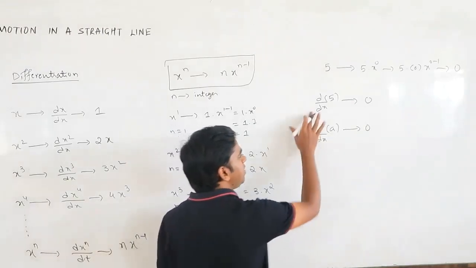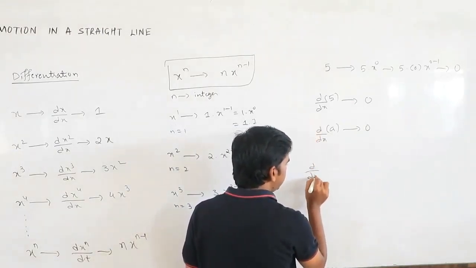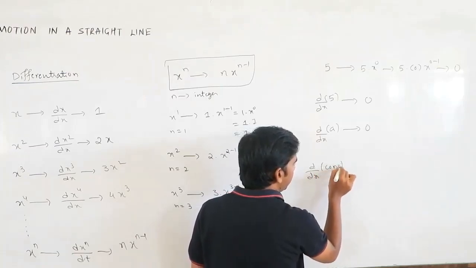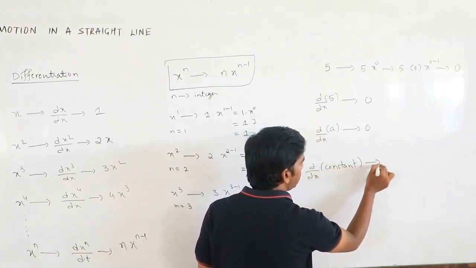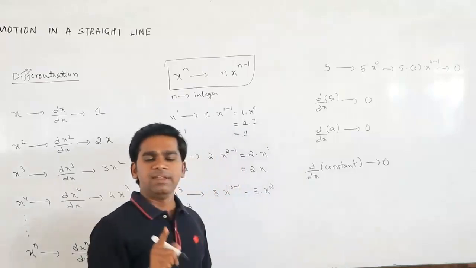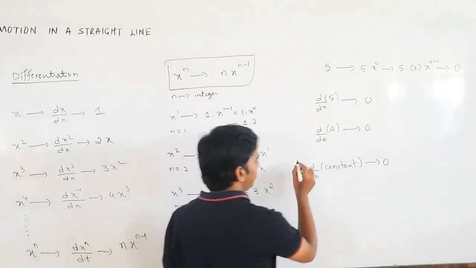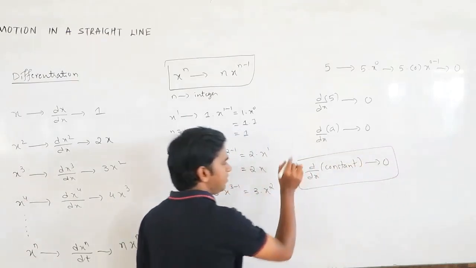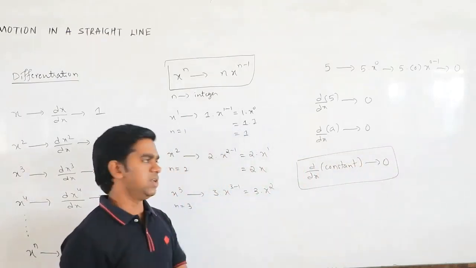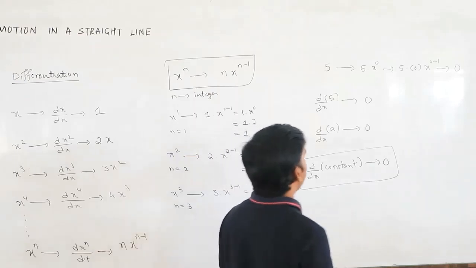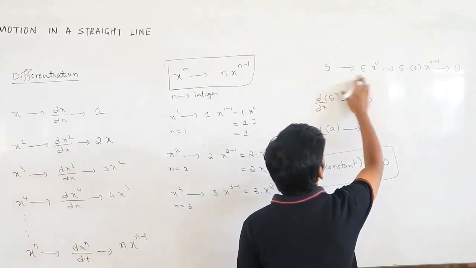That means what I mean to say is differentiation of a constant is always 0. Remember this: differentiation of a constant is 0. Okay. So one more very important thing. Instead of like this, here